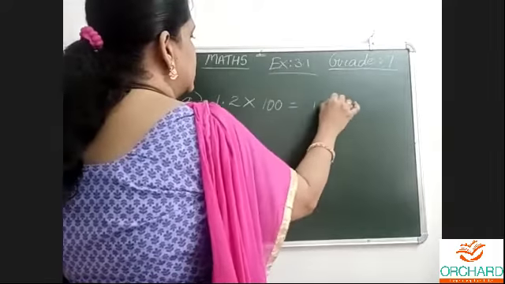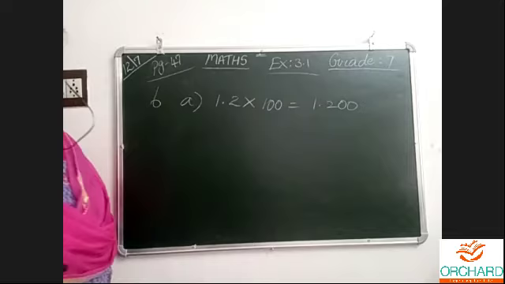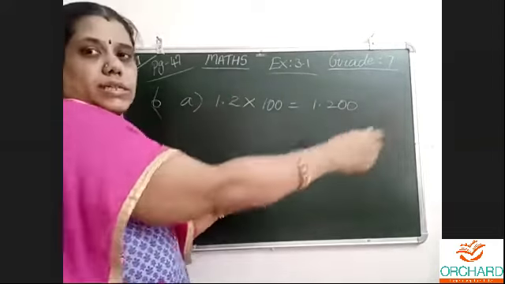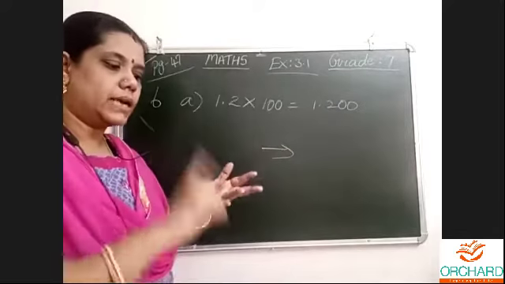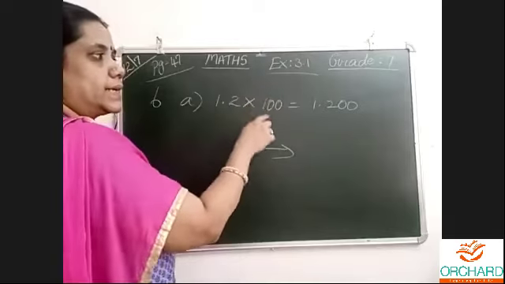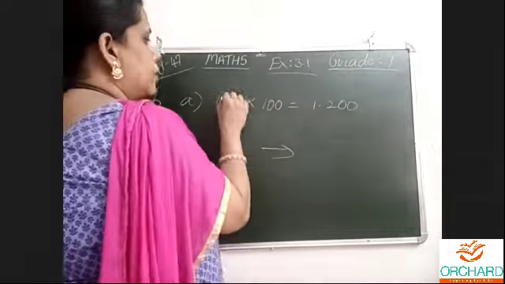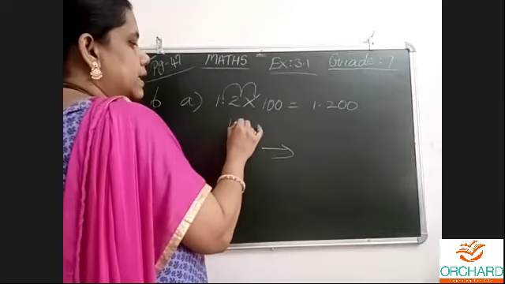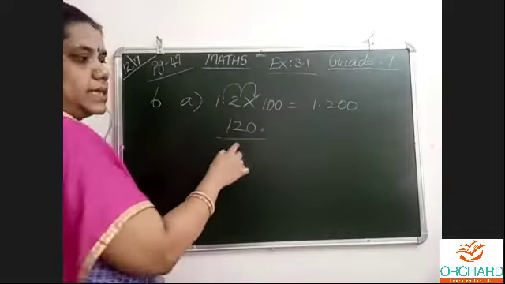Whenever we do multiplication by 100, the point must jump towards the right side. When you multiply by 10, 1 point moving; 100, 2 points moving; 1000, 3 points should move. Now, here when you multiply by 100, the girl did like this, but the point must move 2 places. And I must get 1 to 0 point, right?